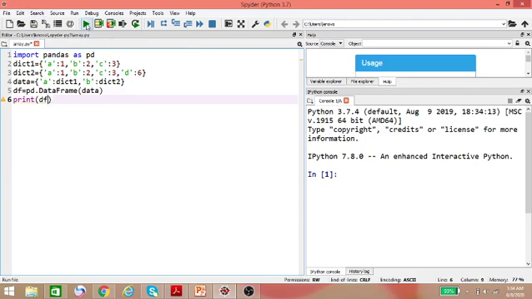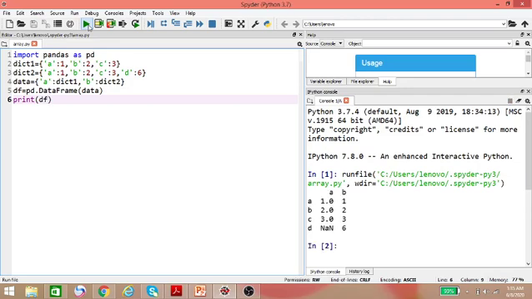So let's see what happened. Here you can see a DataFrame has been created with the name df, and in this DataFrame there are two columns. Here you can see column A, and this is column B. These are the rows A, B, C, D. 4 rows are here because in the dictionaries we have provided 4 values. Actually in dictionary 1 there are only 3 values, but in dictionary 2 there are 4 values.